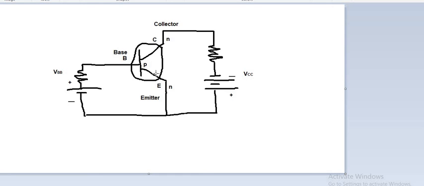In this case, we know that an arrow must be put on the emitter terminal, whether outward from the emitter or inward to the base. So it shows the direction of the arrow must be from positive to negative. So the arrow